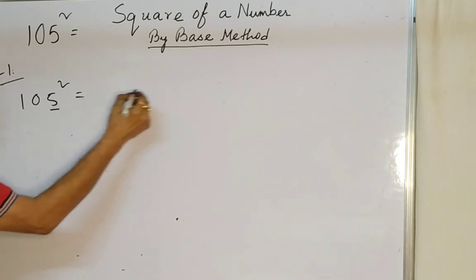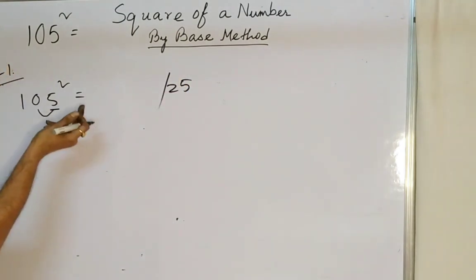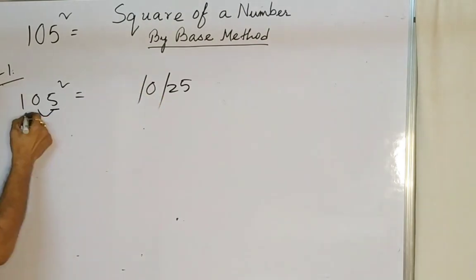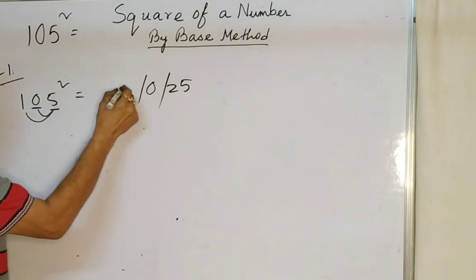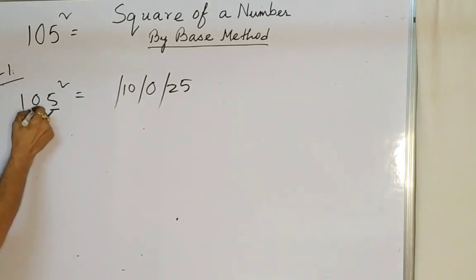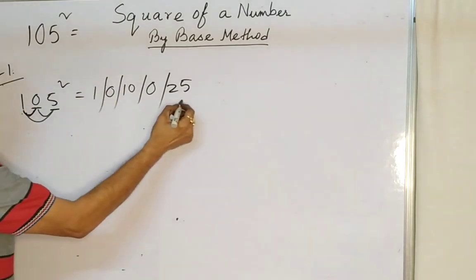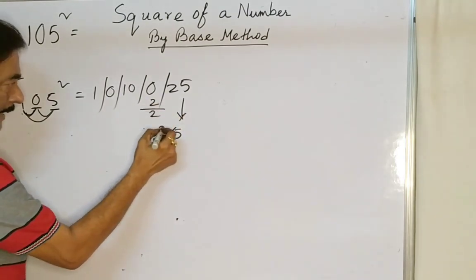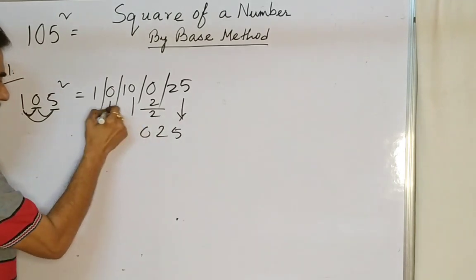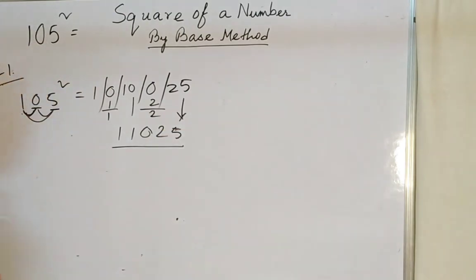Start from right side. 5 square is 25. Slash. Multiply these two numbers and make it double, 0. Slash. 3 numbers: 5 ones are 5. Make it double, 10. Add middle number square. We have already discussed. So 10 plus 0 is 10. Slash. Multiply these two numbers, 0. Make it double, 0. Slash. 1 square is 1. I put 5. 2 carry over here. I write 2. Then 0. 1 carry over here. I write 1. 11025 is the first process.